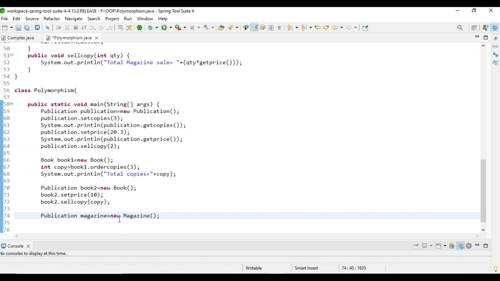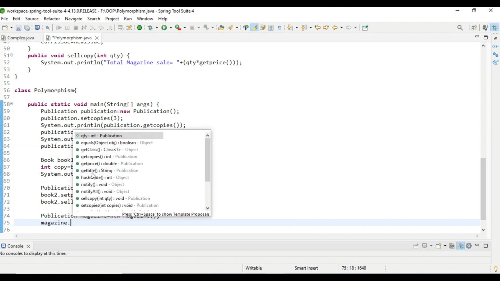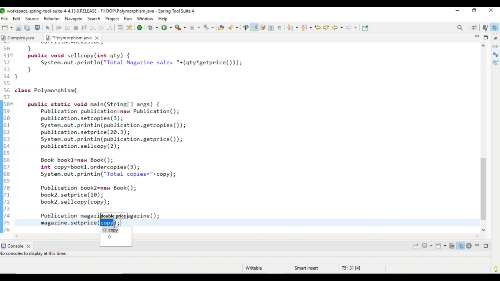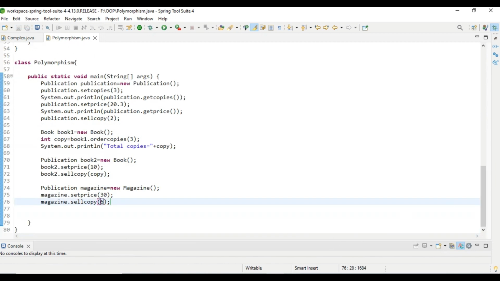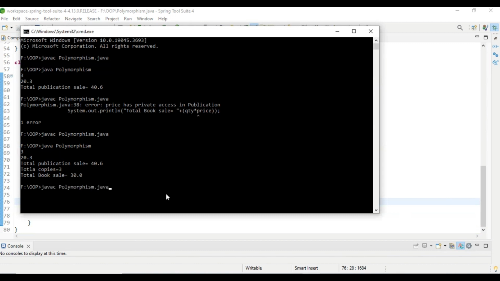After that inside main function use the dynamic binding, Publication magazine equal to new Magazine. A runtime object is of Magazine, and reference variable is of Publication. So this is called dynamic binding. magazine.setPrice, suppose 30, and magazine.saleCopy, suppose 6. Save it, execute the code, again compile,